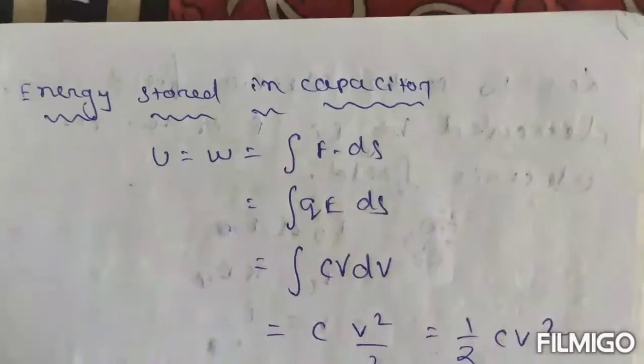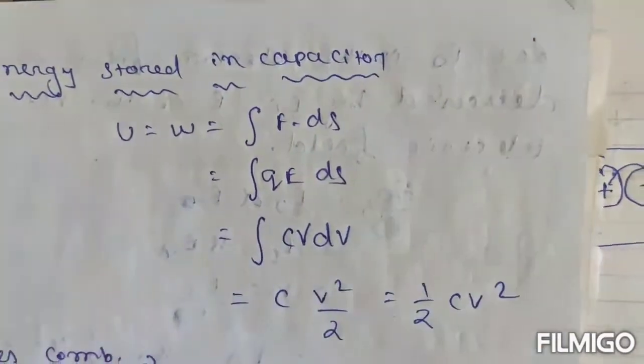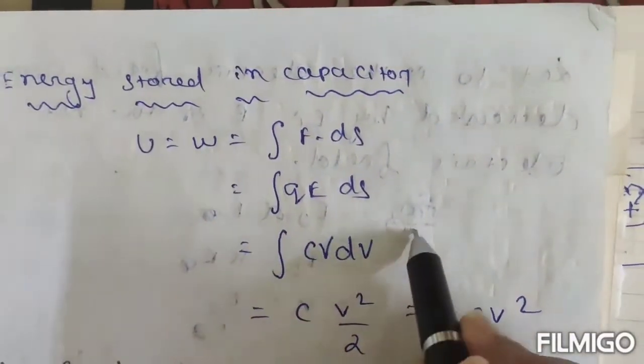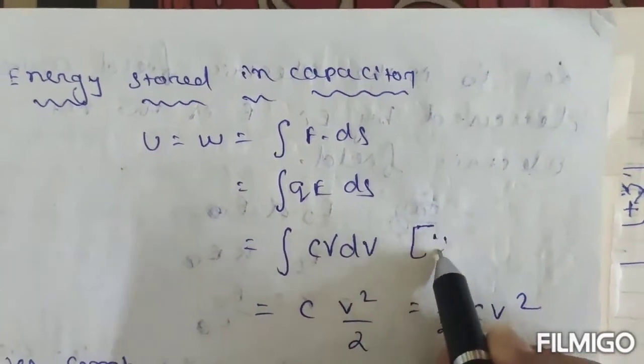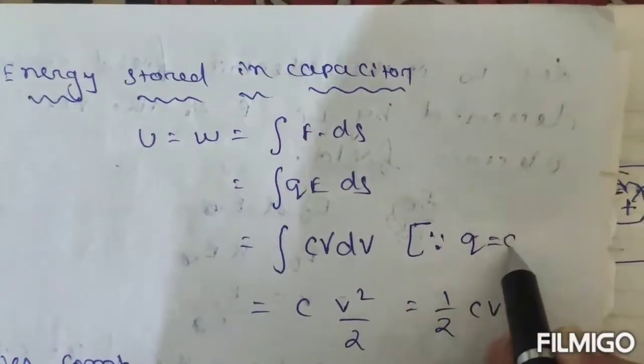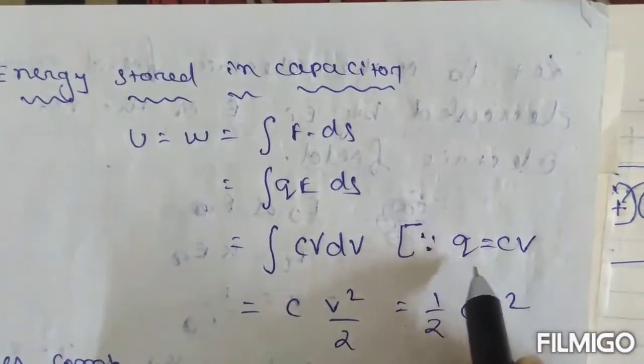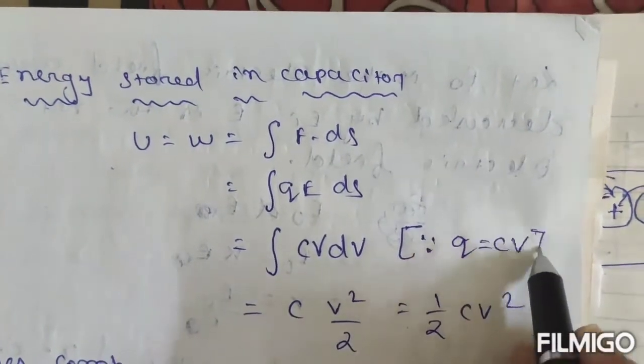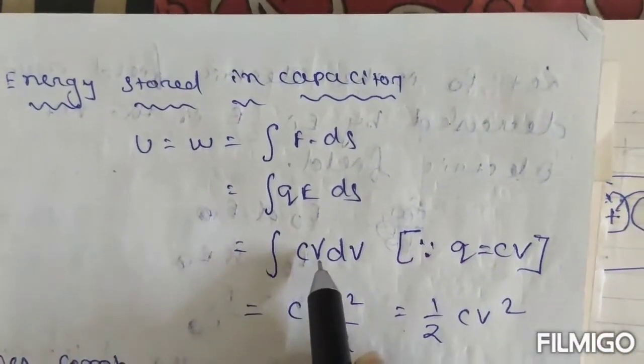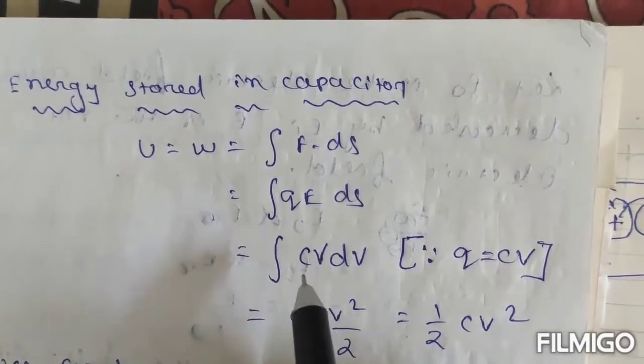What is the formula for Q? The Q formula is Q is equal to CV, because C equals Q by V, so Q equals CV. Don't forget. So this is CV into